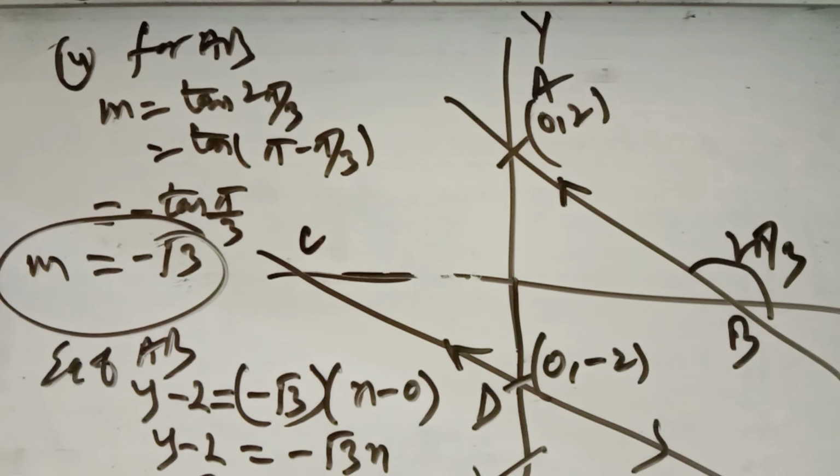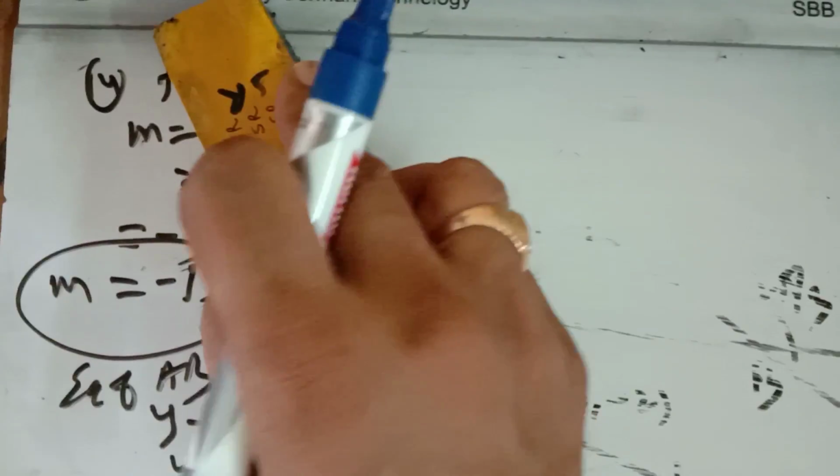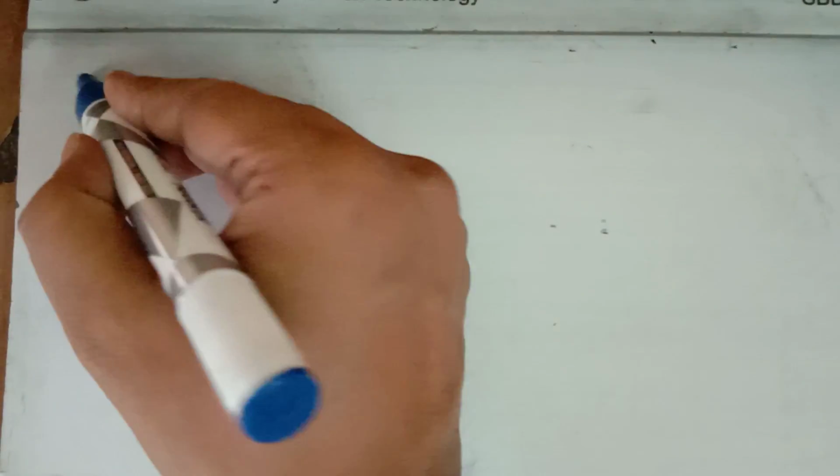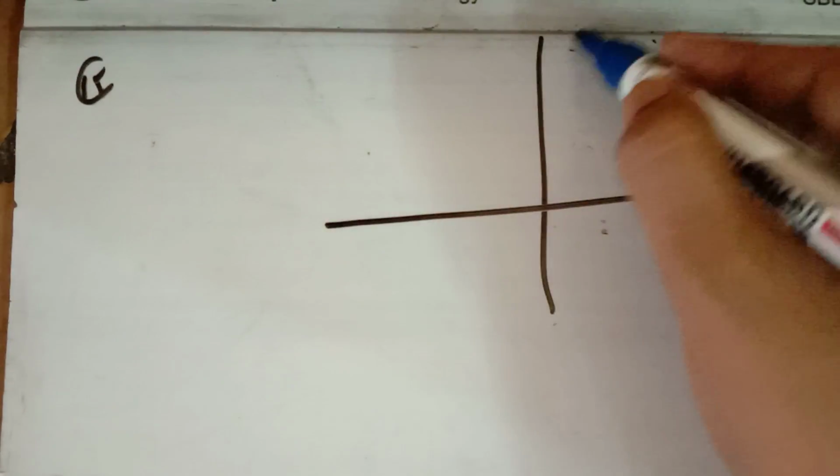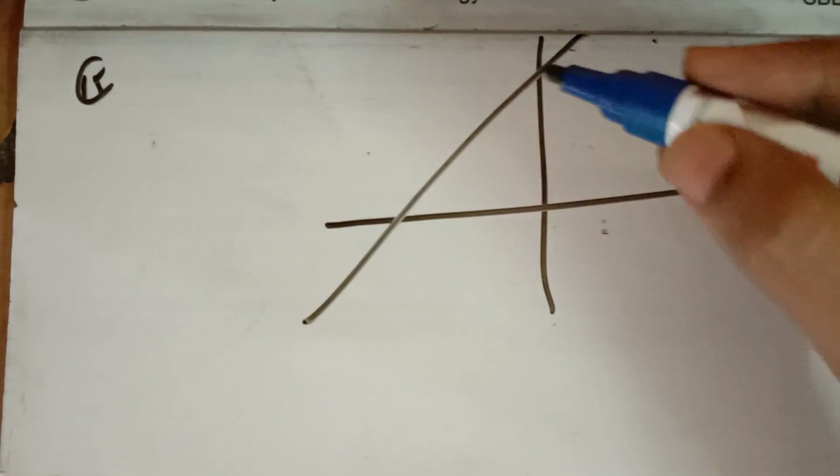Now in question number 15, you have to find the equation of the line such that the perpendicular from the origin to the line meets it at the point (-2, 9). That is question number 15. Now if you try to draw the figure of question number 15, what is given, it will be easy to solve. We can draw the figure like this. There is the equation of the line.